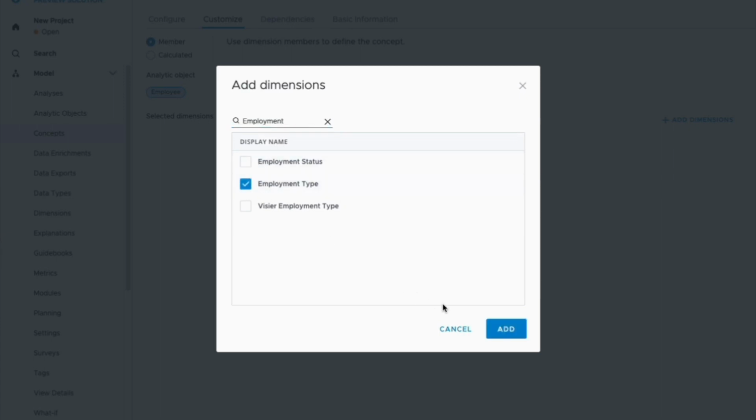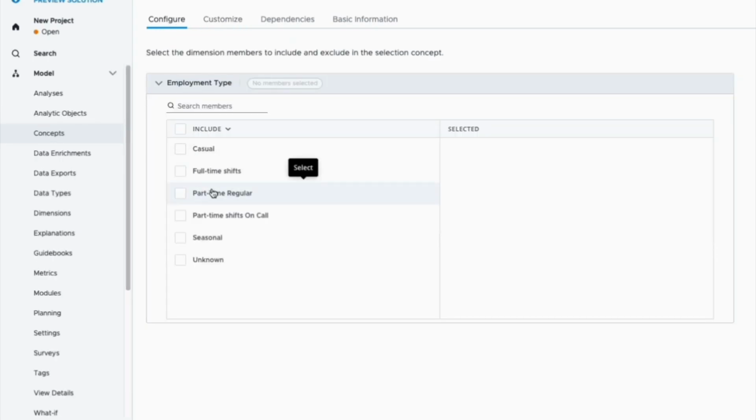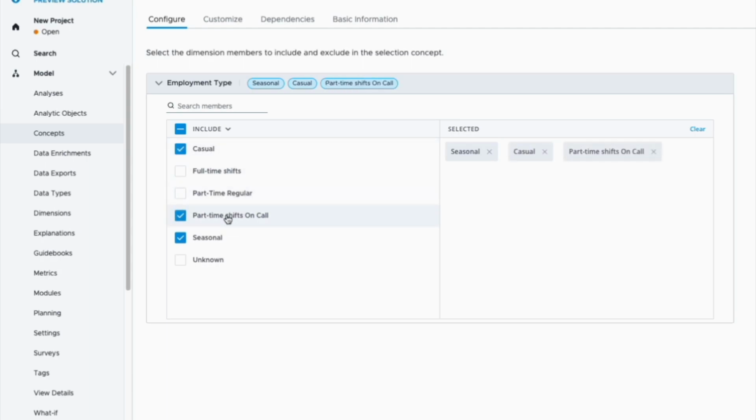For example, employment type. Now that we have added the employment type dimension as the selected dimension, let's go back to the Configure tab. After the members are loaded, you can now select the values to define the concept based on the new dimension. In this case, we can pick seasonal, casual, part-time, shift on call,